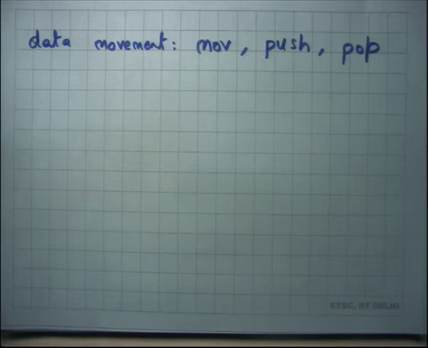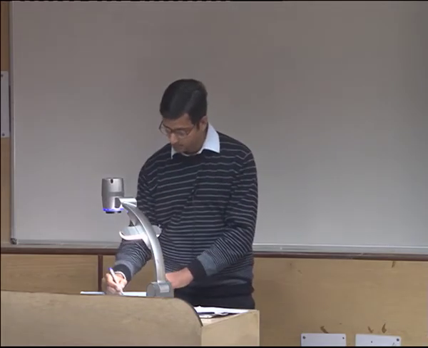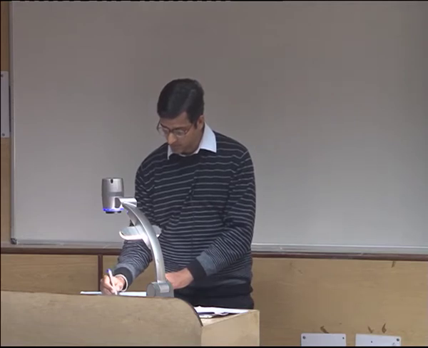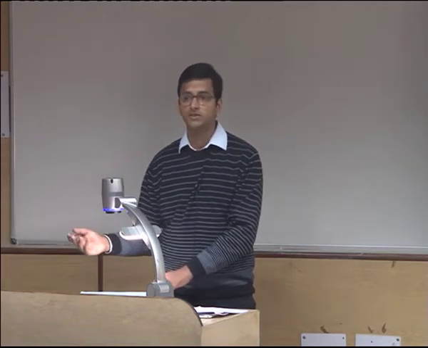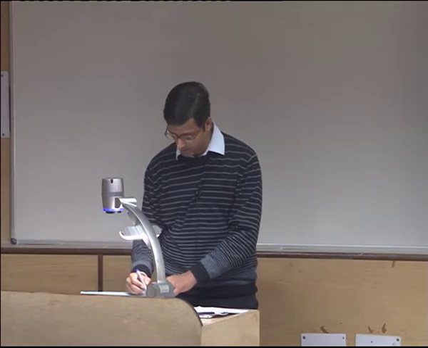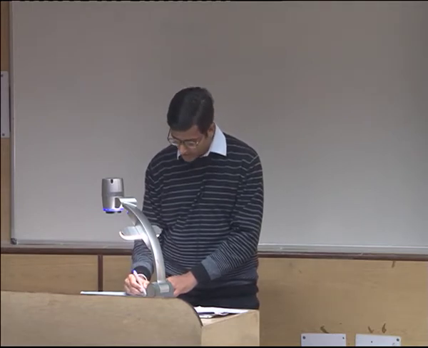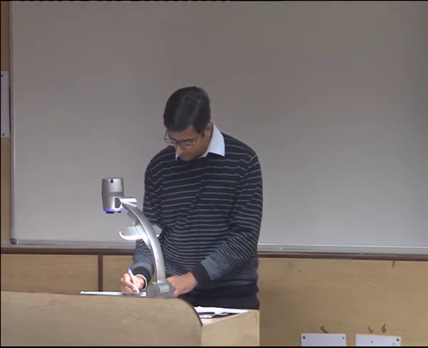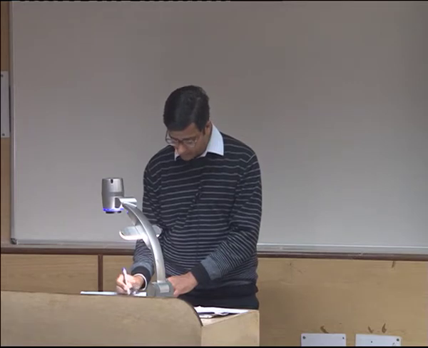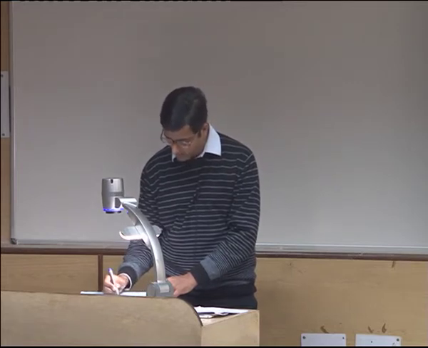Each of these opcodes can be suffixed with a character which indicates the size of the operand. For example, movl basically means a 32-bit operand, and movb means an 8-bit operand, and movw means a 16-bit operand. So B, W, L are just syntax of AT&T to specify 8, 16 and 32. Then there are arithmetic instructions like add, subtract.